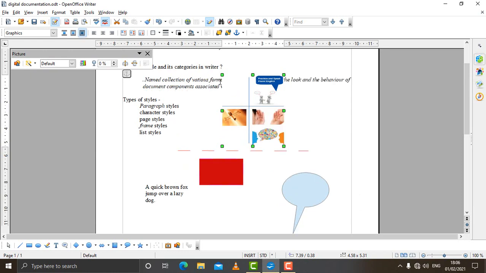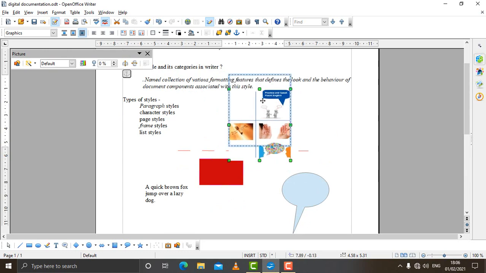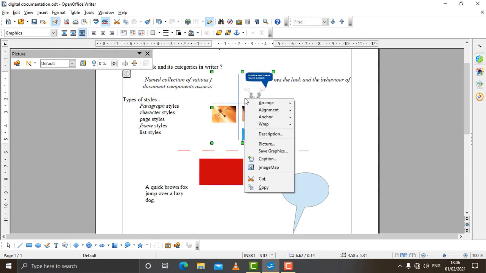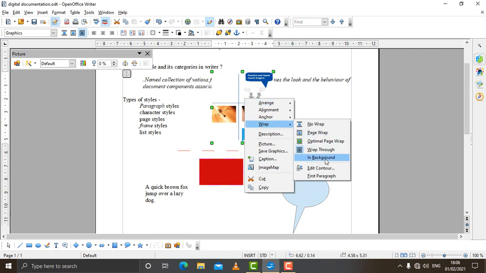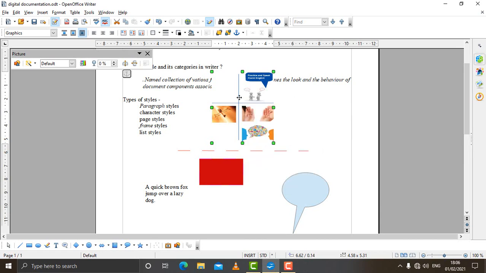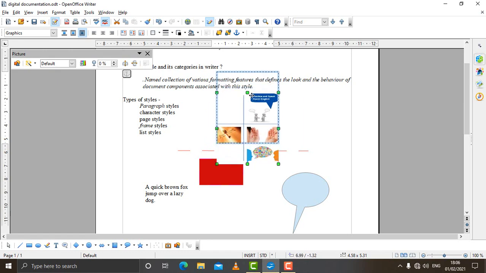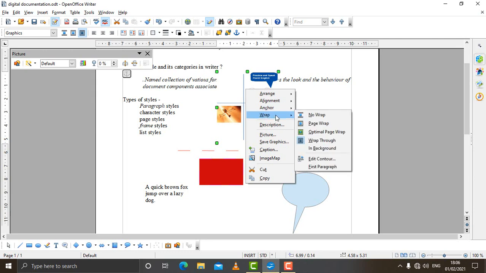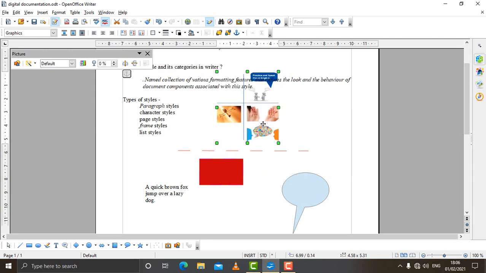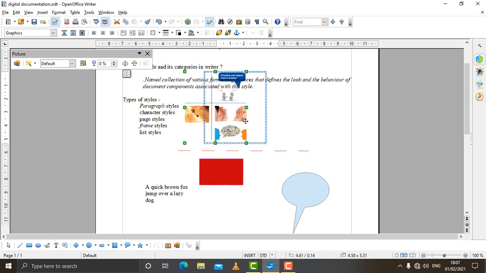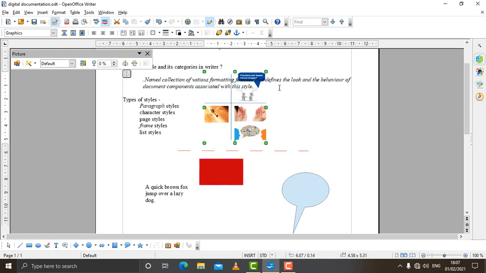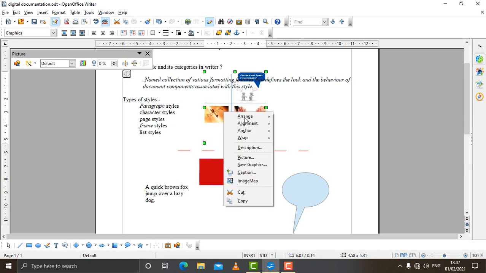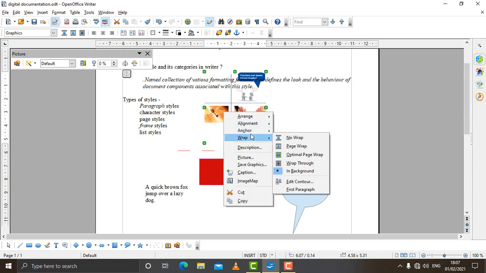You can see that all these options are there to adjust the text near, above, all is wrapped through. So this text will go just below the image. You can see it is going below. So click on text, click on the image, come to Wrap, and in Background, so the image will go as background. You can see the image is there in the background and text appears on top of it. All these options are available here for wrapping the text.